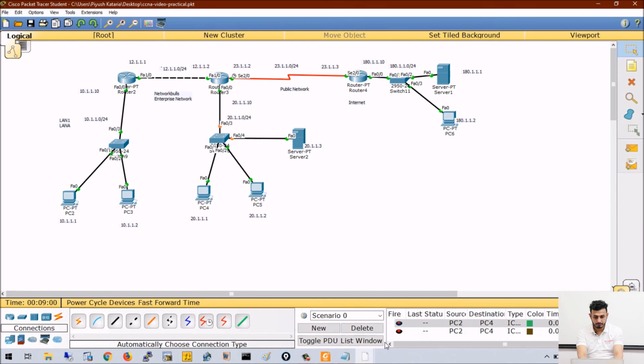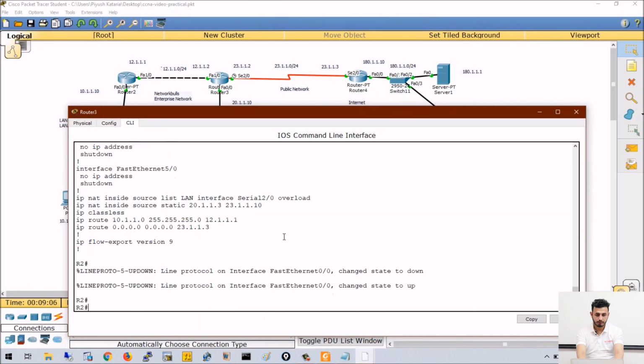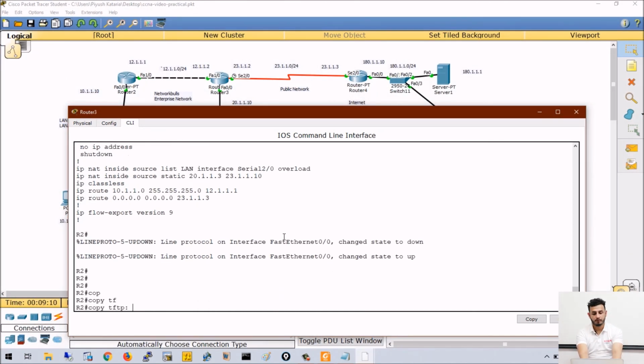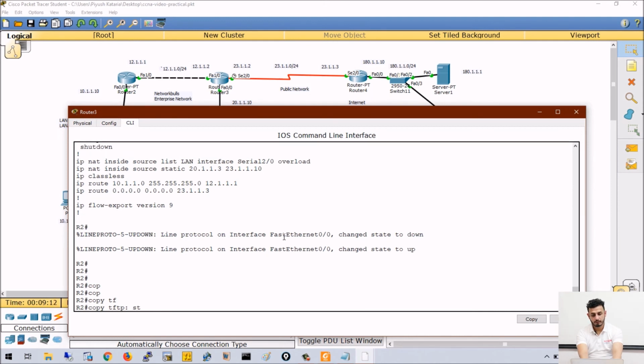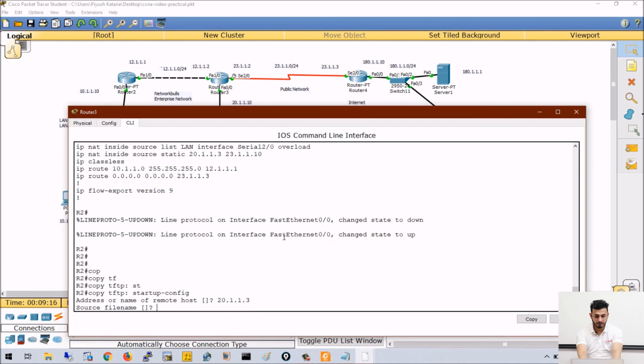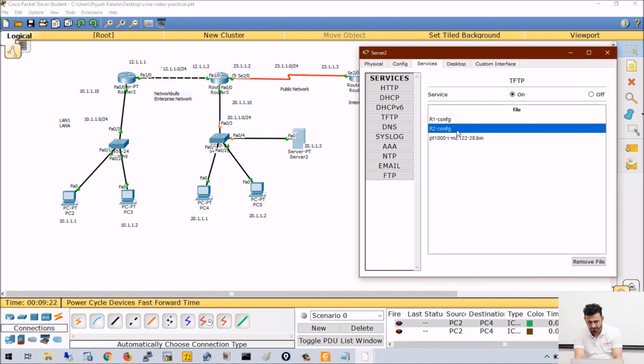Now just do one thing, just copy your configuration, copy from TFTP to startup-config. What is the IP? 2.1.1.3. What is the file name you want to copy from there? So if you remember, you copied the configuration r2-confg.